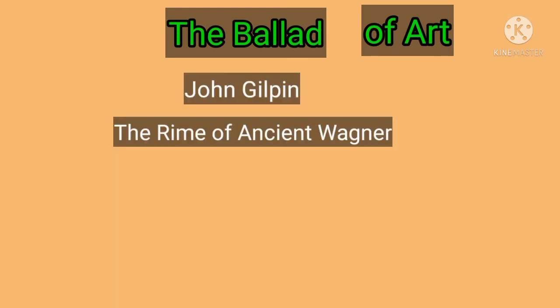It is called mock ballad. In mock ballad, comic theme is treated with the seriousness appropriate to a ballad. It follows ballad as a model very closely in everything except the subject matter. For example, Cowper's John Gilpin and William Maginn's The Rime of the Ancient Waggoner modeled on S.T. Coleridge's The Rime of the Ancient Mariner.